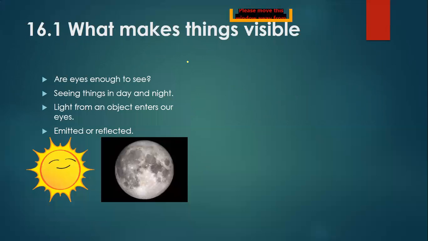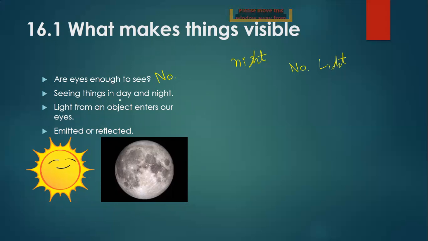But there is a question. Imagine a situation where in daylight you can see everything clearly. Why? Because of the sun. But when the sun sets and the night rises, can we see everything? Without light, let's say without a tube light or without a lamp, can you see what is there in your room? No. Why? Because there is no light which can enter our eyes. Right? So can we say that our eyes are enough to see? No,